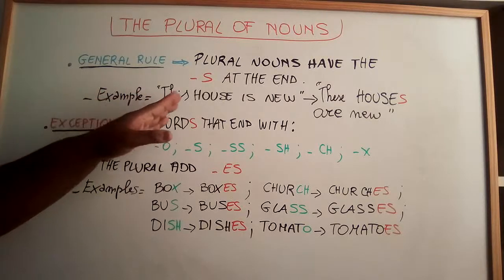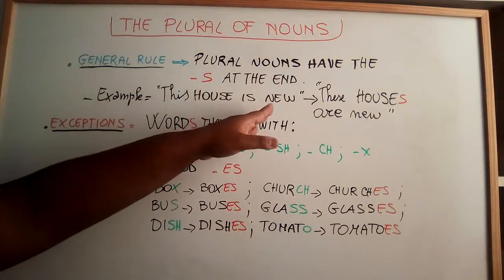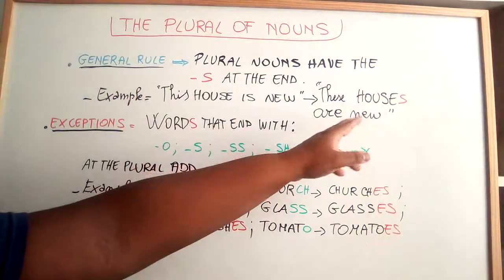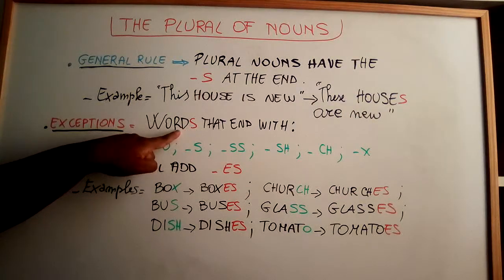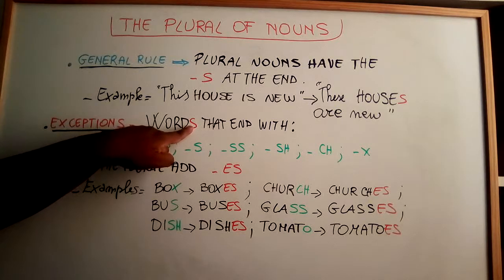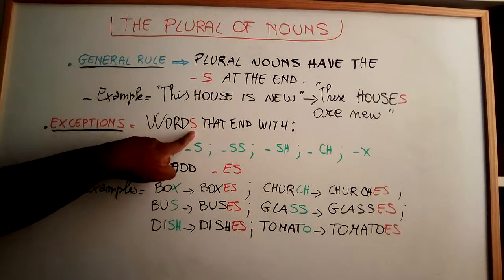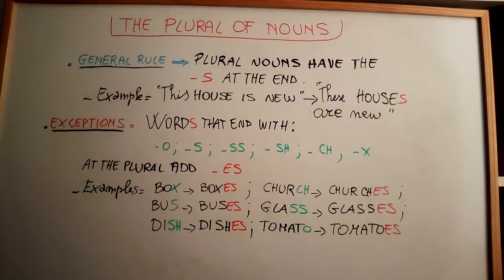For example, this house is new. These houses are new. Also, the word and a plural is words. But for example, cat, cats, tree, trees,